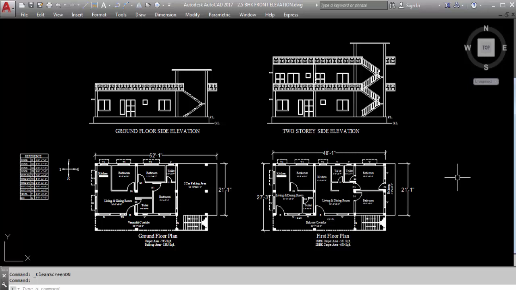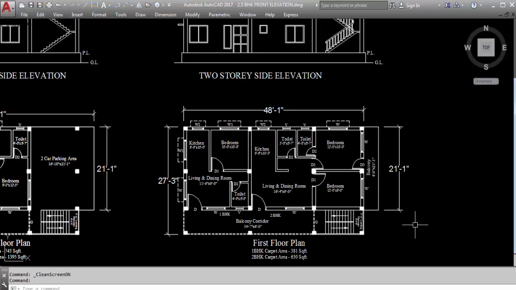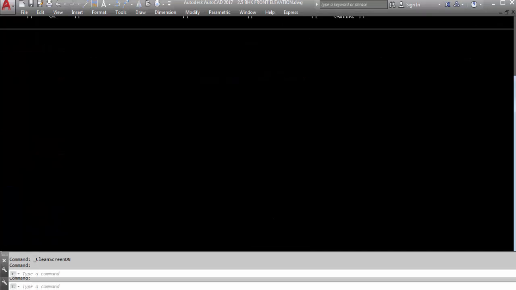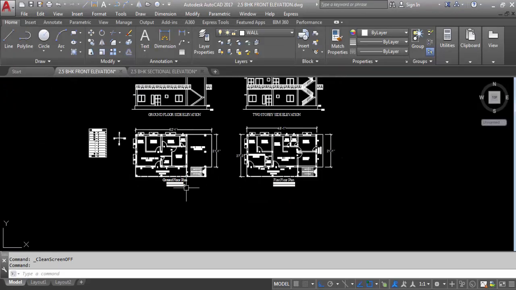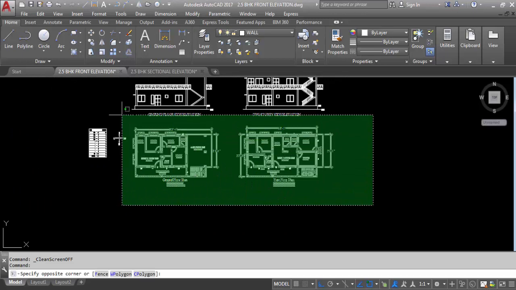So in this video I will create the front elevation. In my previous video I created the side elevation. Side elevation means this side view I have created, and in this video I will create this side view. This is the front side, so I will create the front elevation, meaning this side view. First of all I will copy these plans, this ground floor plan and this first floor plan. So select these two plans first,